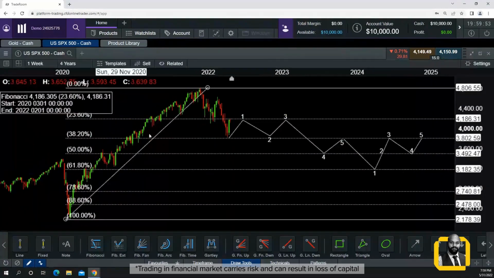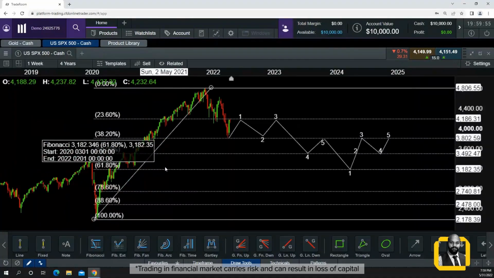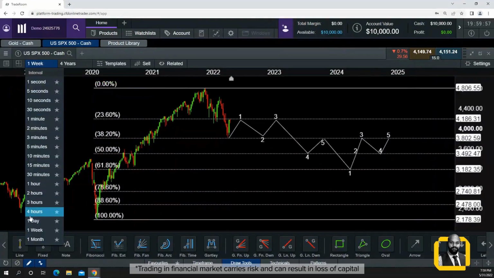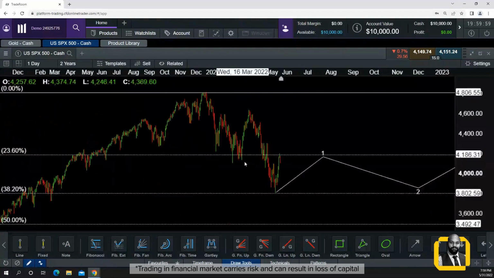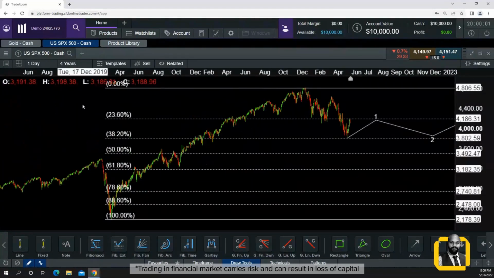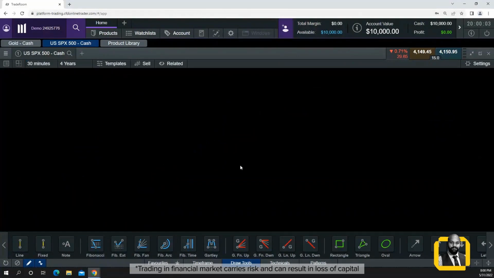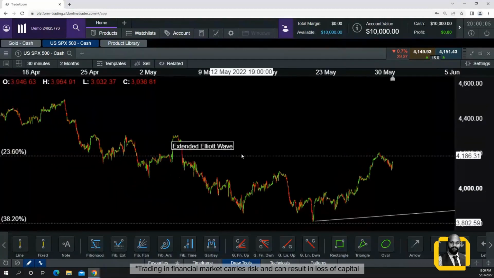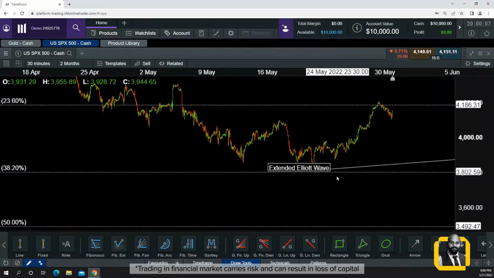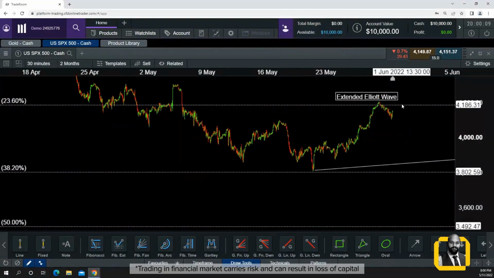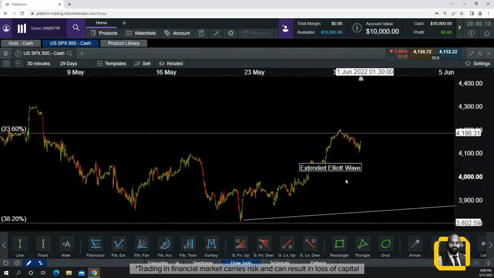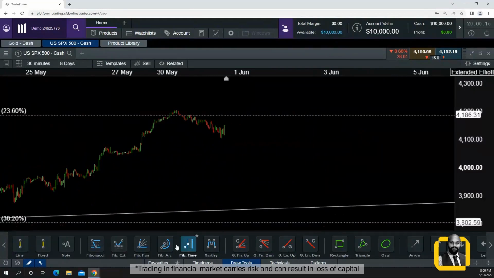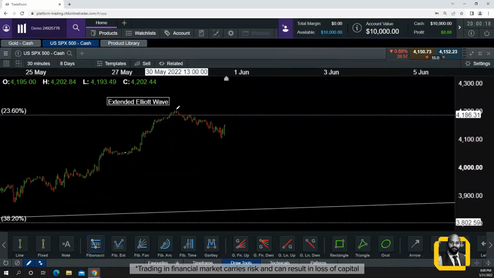I started this with a monthly chart. Now I can go to a daily chart. Right now, this is how my daily chart looks. I can zoom this more into a 30-minute chart. Now this is how my 30-minute chart looks. So now I know on a 30-minute chart, if it goes back to 4,186, it is a good level to start shorting again. If I measure this top to this bottom,